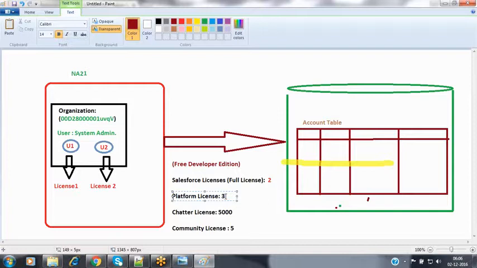whatever the ready-made application is there, if the ready-made application is suitable, then we can access that. If the ready-made application is not at all suitable, then at that time we have to go for our custom development. We have to go for our custom application development based on our requirements. So at that time we have to go for that platform license, because I only want to develop my own application.